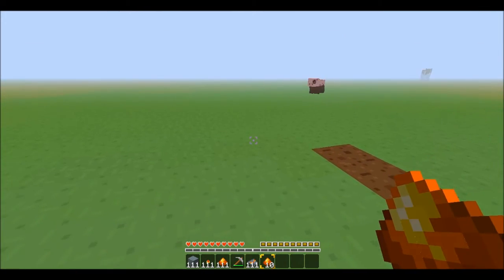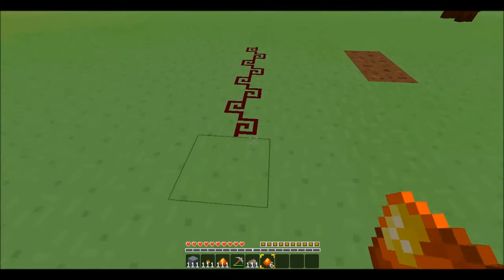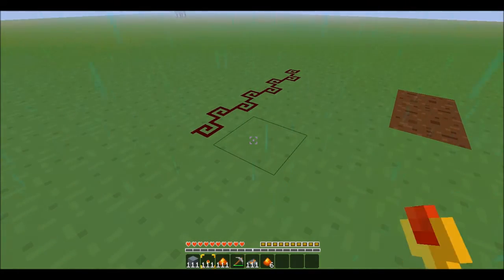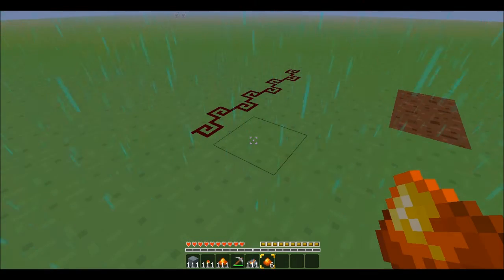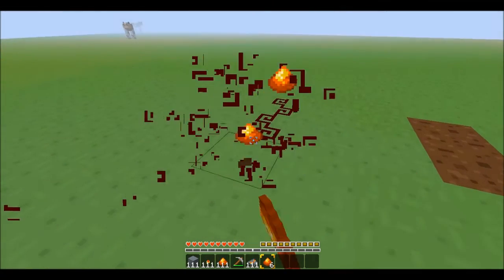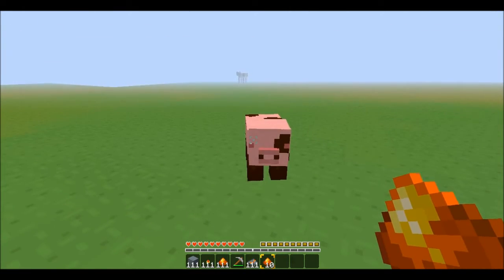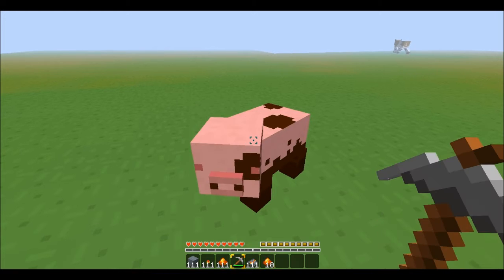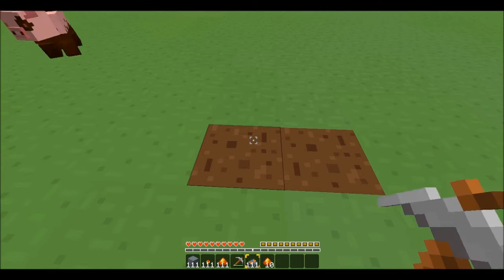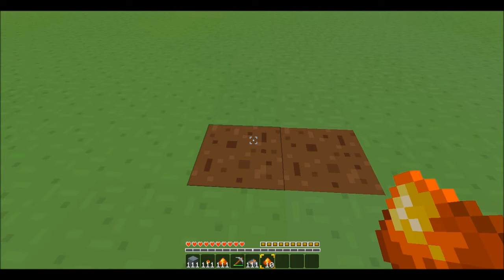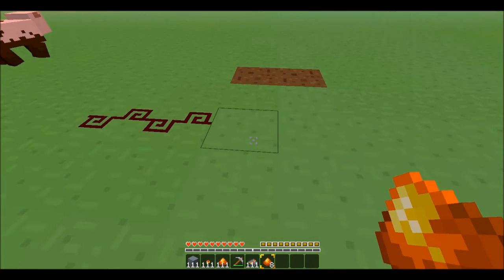And the redstone dust is what, when placed on the floor, creates lines of redstone, which a current can then be passed through. Oh, I hate the rain. Like so. Oh, pigs have mud on them in this texture pack. That's quite cool. Anyway, so redstone carries an electrical charge, and it is charged in many ways, but the main